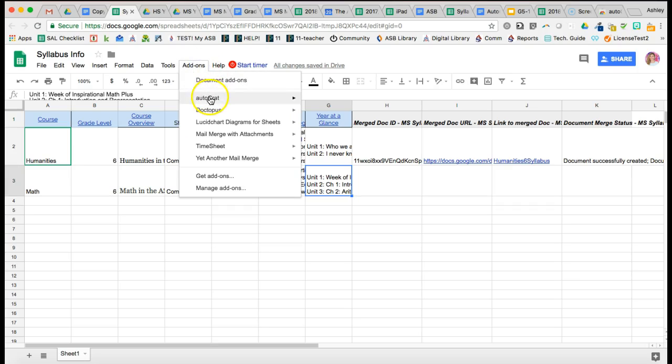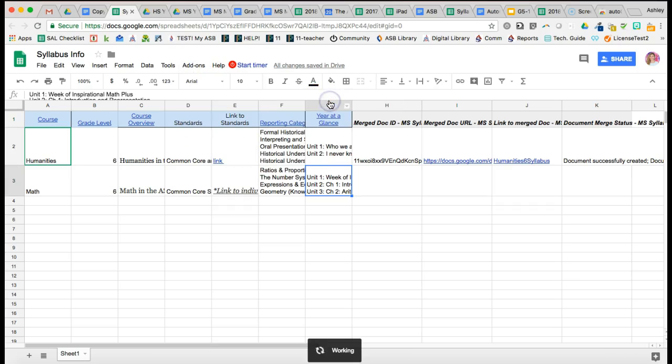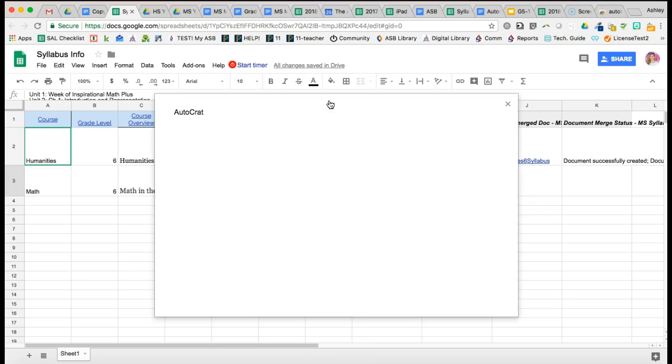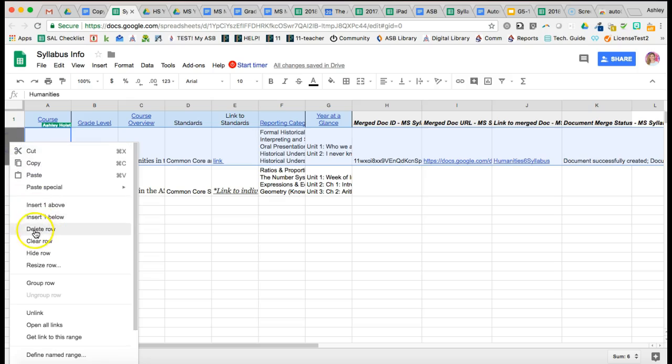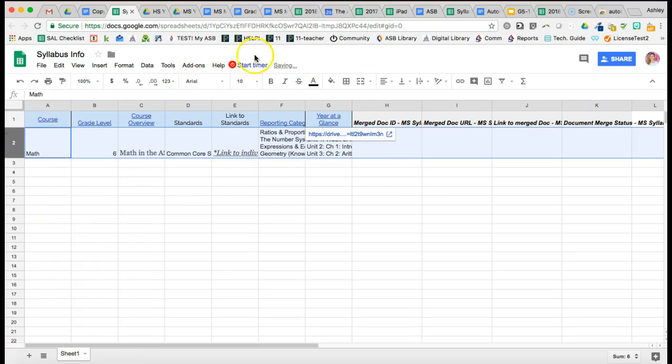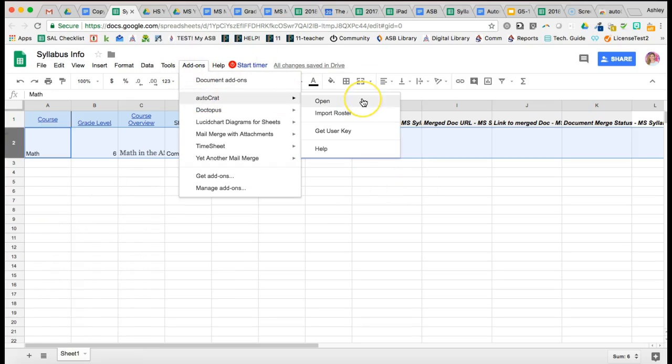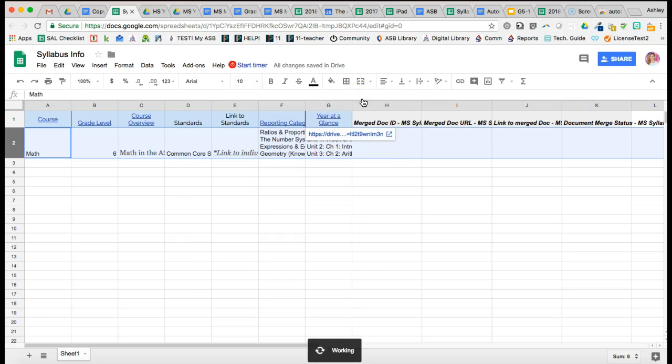So I go to add-ons and I say AutoCrat, open. I think yours will be like start or something because I already have done this once. I think I want to delete this row. I'm scared it's going to redo it. So one more time, AutoCrat, open,